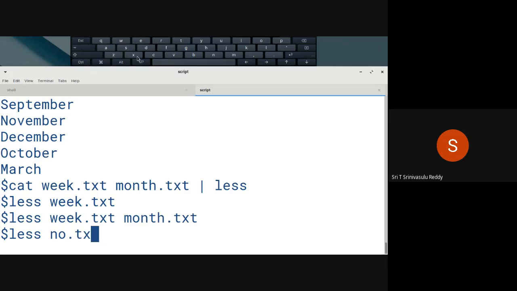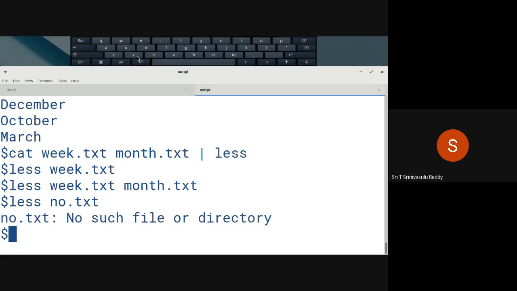When you give like this, no such file or directory. So less is reporting that it is unable to do that particular thing. So that kind of error messages you will always get. You have another interesting command called NL, number the lines.